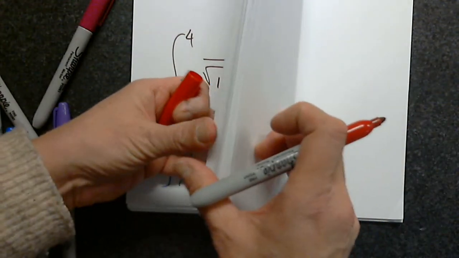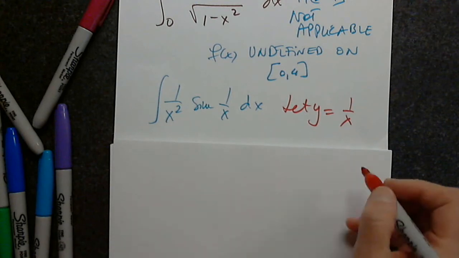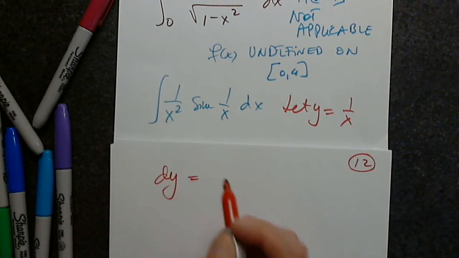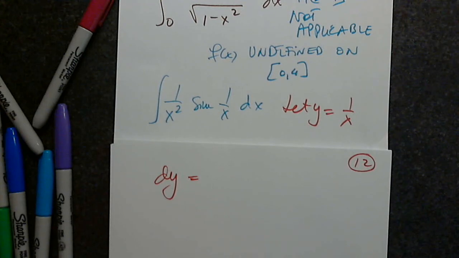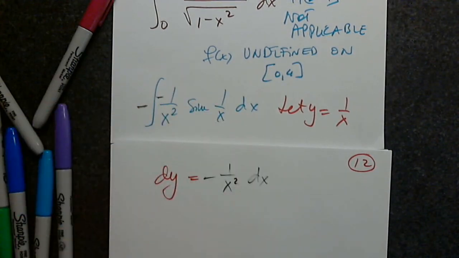Very good. You can use any substitution you want. It doesn't have to be u or y. You can use t, you can use w, you can use z, whatever you want. Only if dy is in the problem or easily makeable. Is dy in the problem? And remember, dy is not the derivative, but the differential of the function y. So what do we get? Negative 1 over x squared times dx. Not a problem. Multiplying by minus 1 twice gives us exactly what we want.